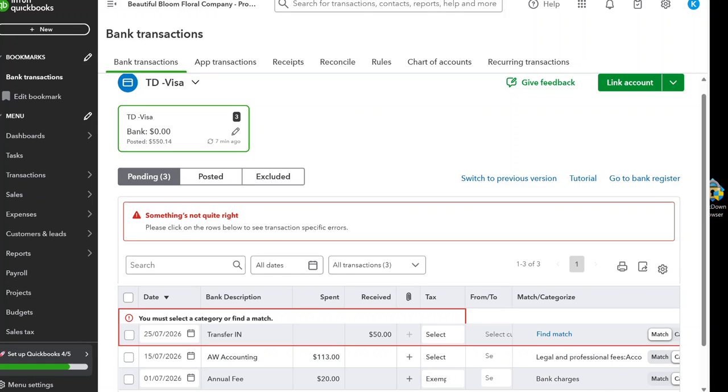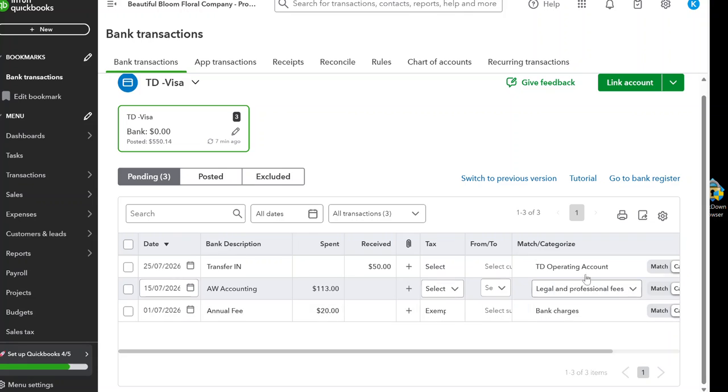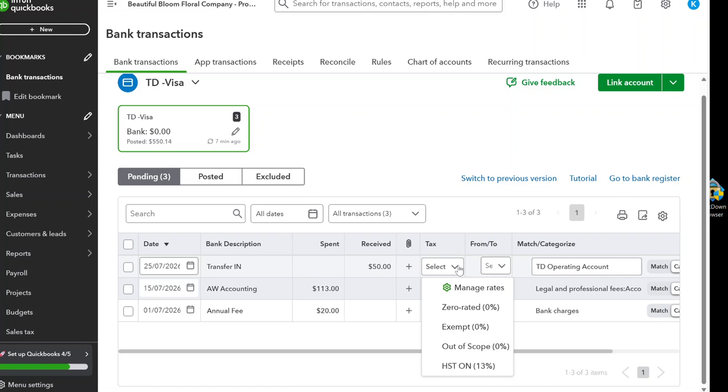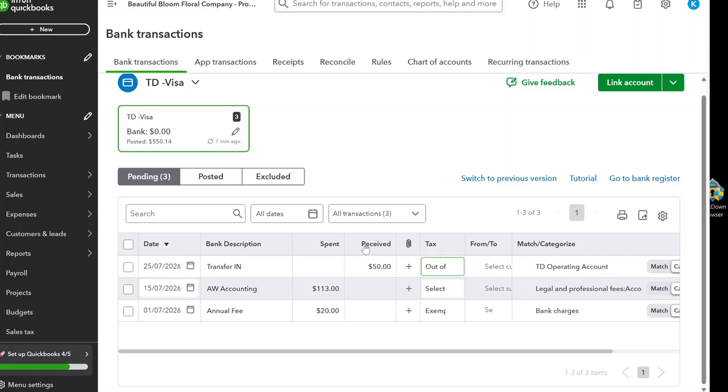Let's see if I can go to the right and put it under the categories. When you do that, if you click on the category side, it brings it up. Let's do it one more time. It is out of scope, and it doesn't matter, I can leave it alone. So this is the first one, and then for my second one, what they want you to do is